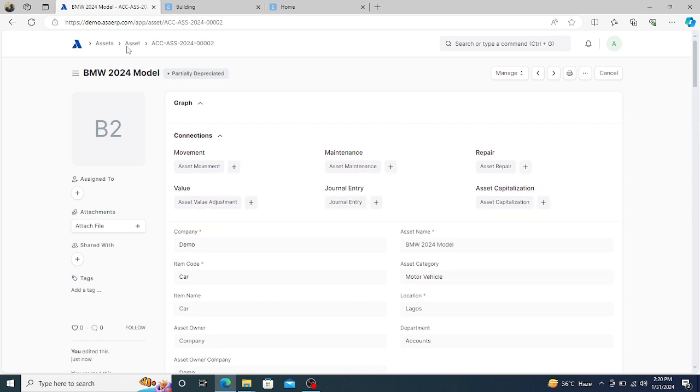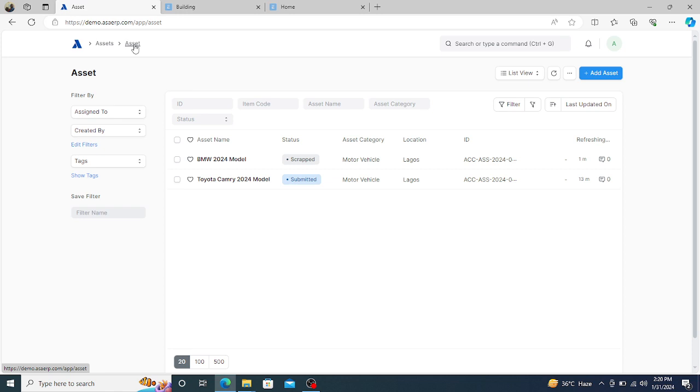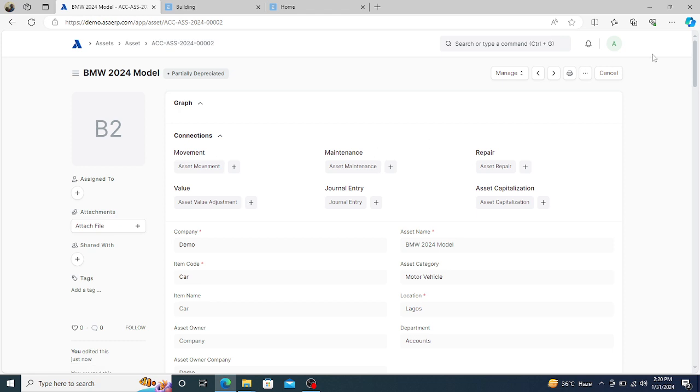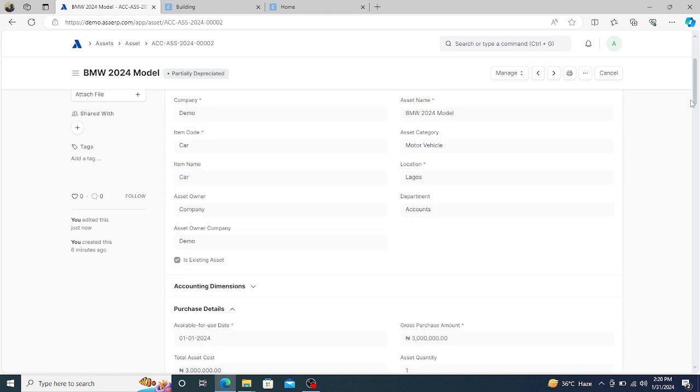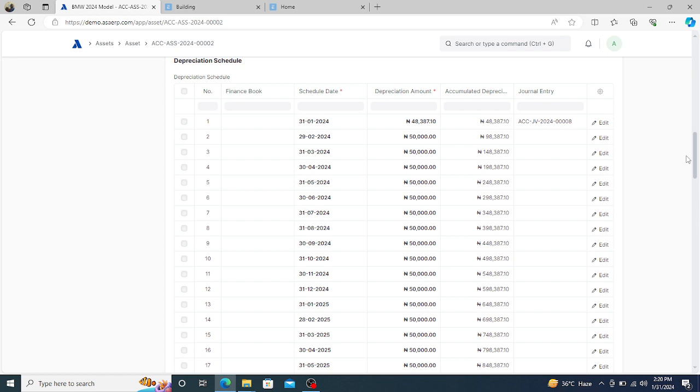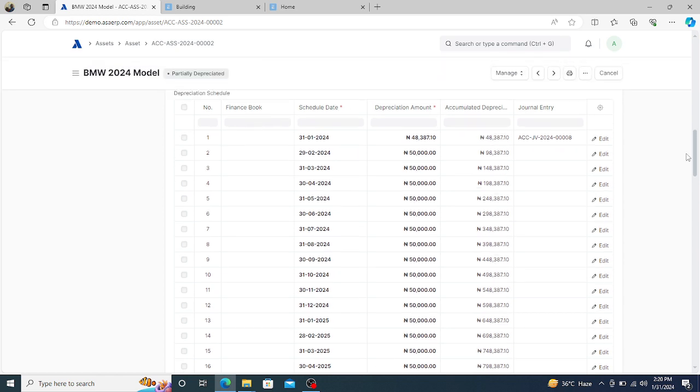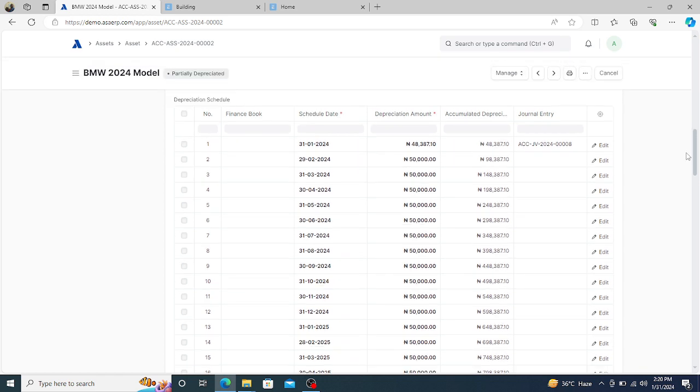Good. You can see that the asset is back, because you have restored it. Then as a result of that scrapping, the system automatically passes a journal. It automatically passes a journal because you scrapped it. So that is what happened here. It passed a journal. That's why the past journal for January